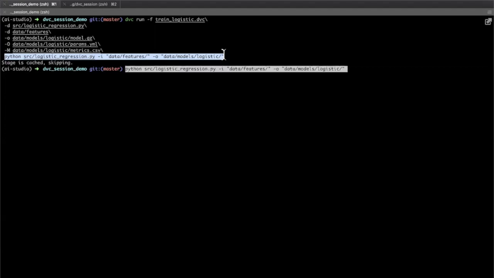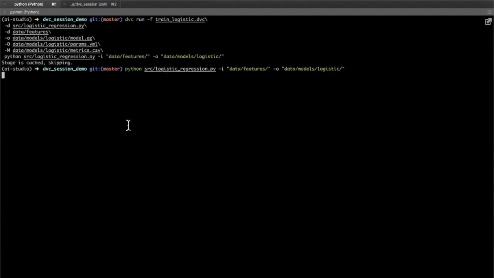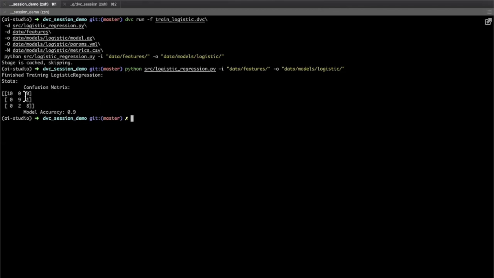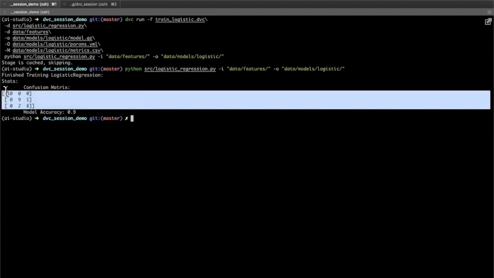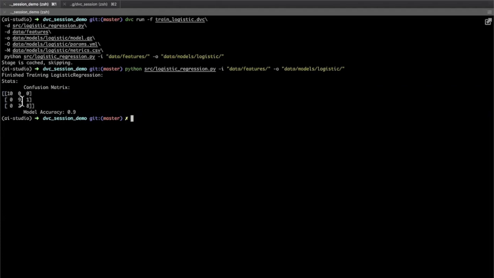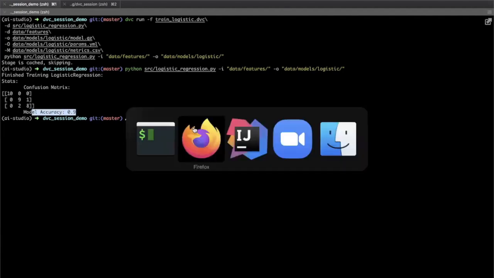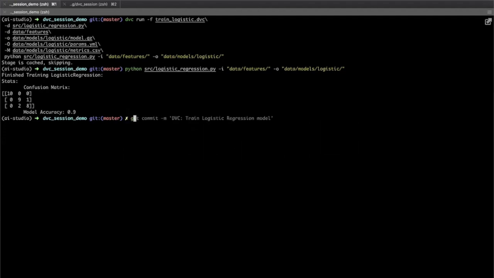I wanted to show one output of this. This is the command that it runs. So if you see, it is printing what is the model accuracy. It's 90%, and it's generating a confusion matrix. So out of 10, it has classified all 10 in the test data accurately, but 9 out of 10 and 8 out of 10 accurately. It has missed 2 and 1 here. So out of 30, it has identified 10 plus 9 plus 8, like 27. So that's why accuracy is 0.9.